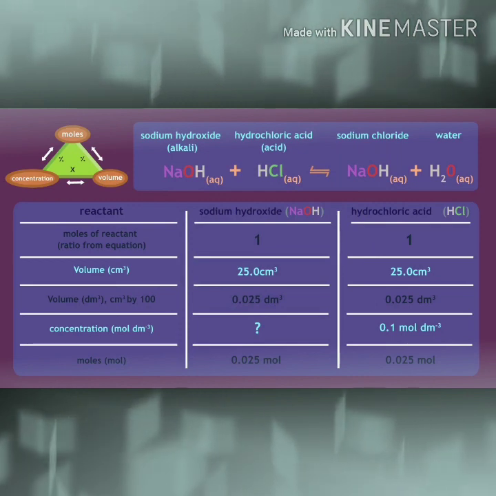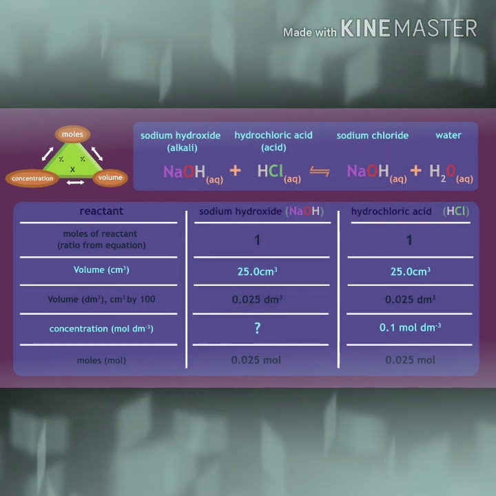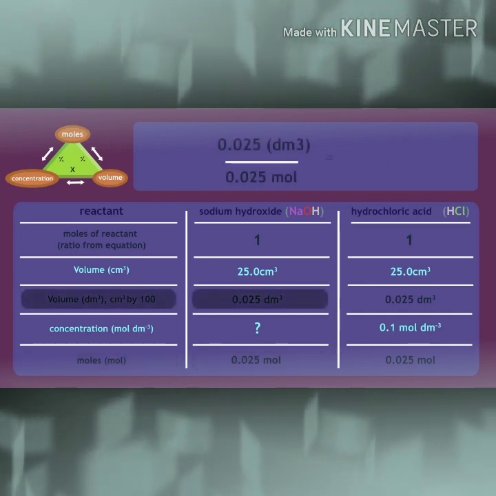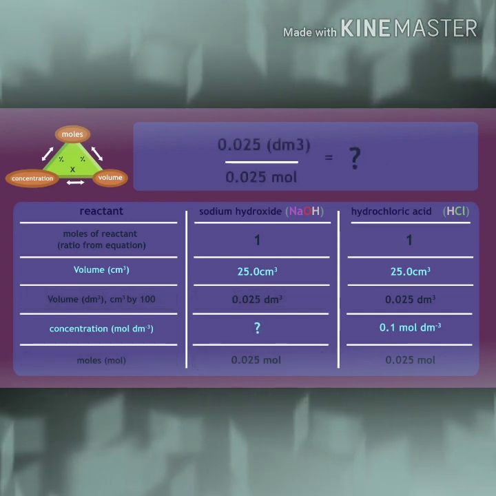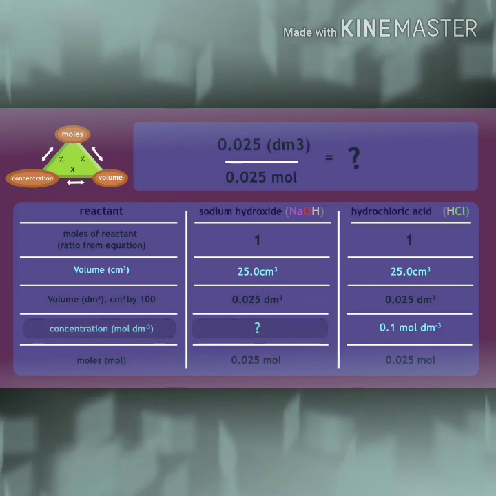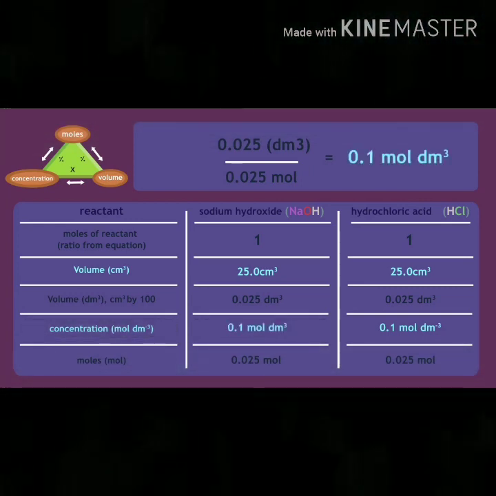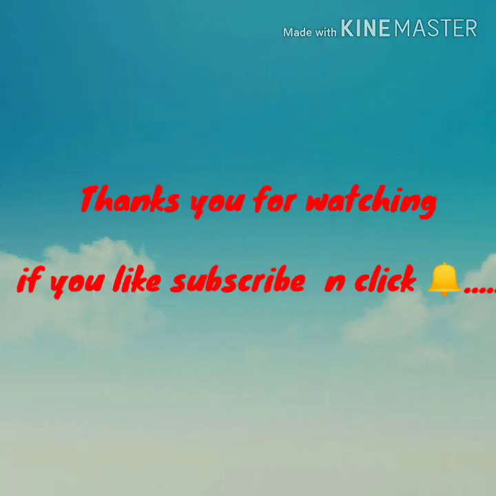Now how to find the concentration of sodium hydroxide? You know the formula. Now by using this triangle formula you can find the concentration of sodium hydroxide. Here is the formula. Concentration is equal to number of moles divided by volume. So it is being given